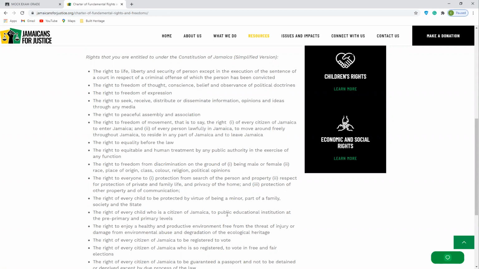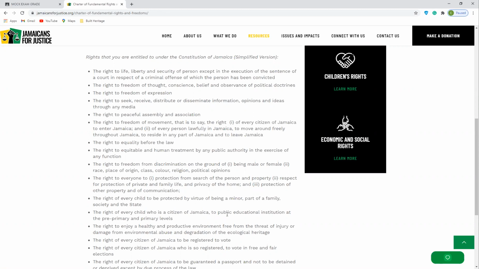The right to equality before the law, the right to equitable and human treatment by any public authority in the exercise of any function, the right to freedom from discrimination on the ground of being male or female, race, place of origin, class, color, religion, political opinions. The right of everyone to